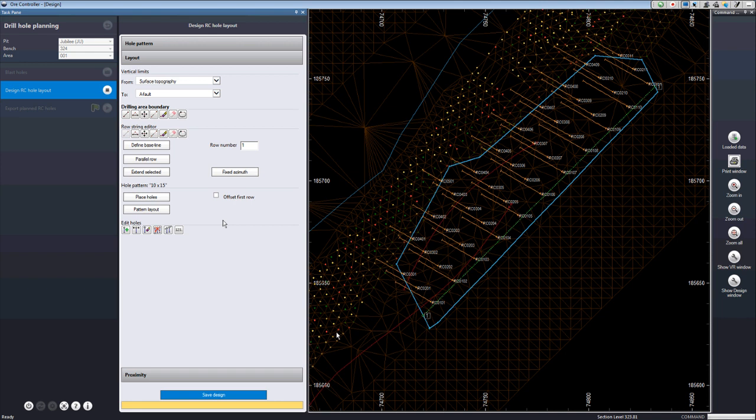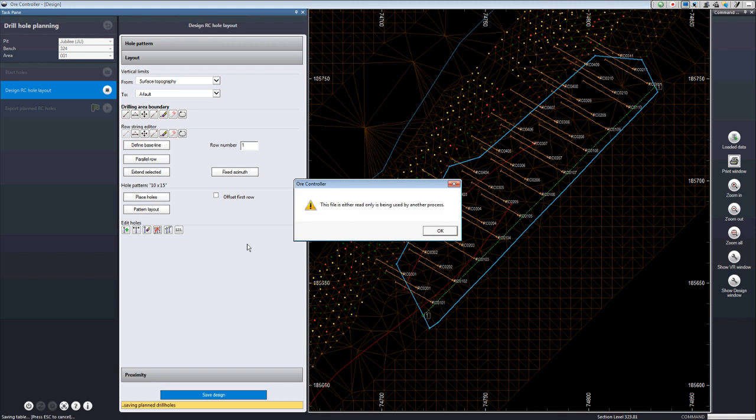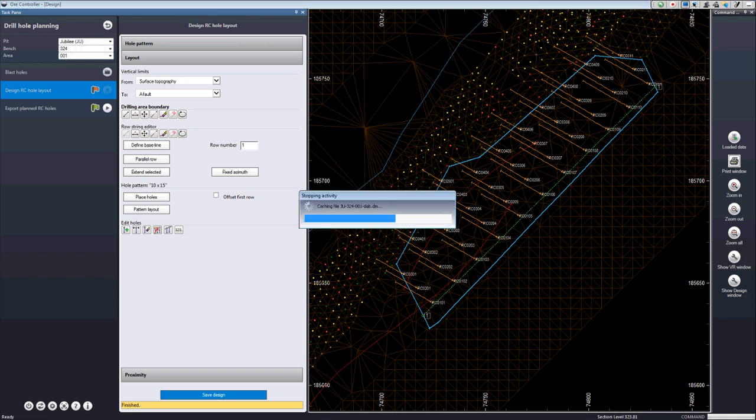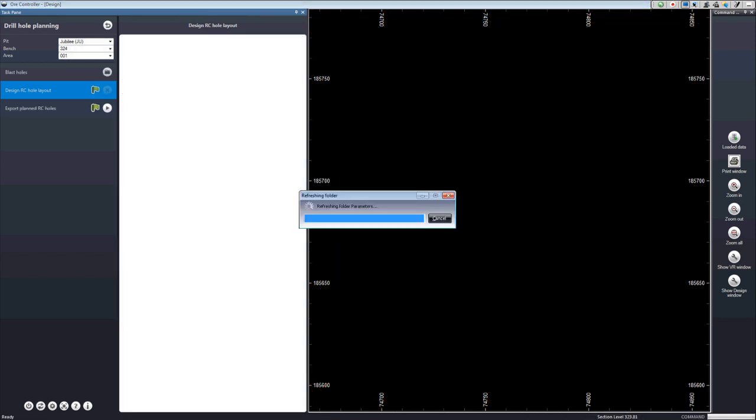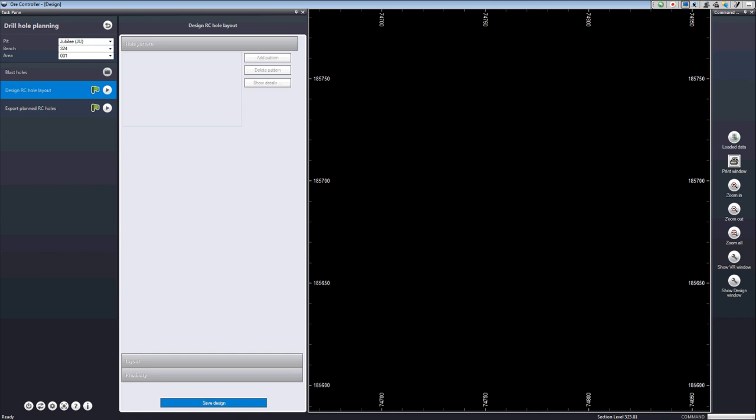I haven't made any changes to the database as yet, and if I want to abandon processing, I can use the Stop button here. So you can go right to the end, play around with each activity, and press the Stop button and not make any changes to the database. But I do want to commit these back to the database, and there they go. There's also a function here to export those holes, which just sends them off to a particular file.